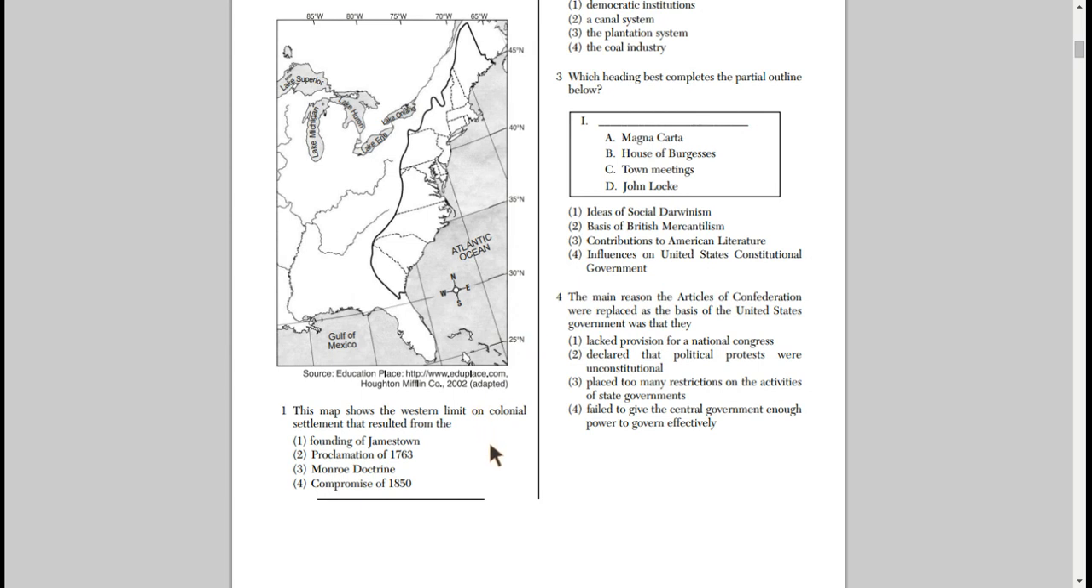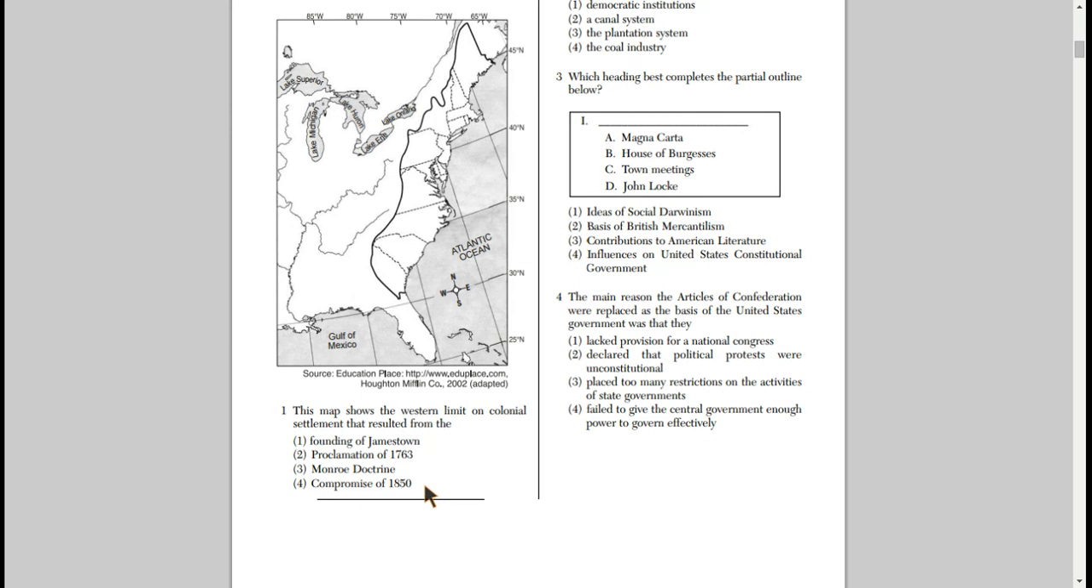Welcome back. All right, so hopefully you got rid of 1 and 3 and chose 2 as your answer. Now let's look at this. Founding of Jamestown, that was way earlier than 1763, and that is also not going to limit colonial settlement. The Monroe Doctrine deals with our relationship with South America and the European colonies within South America. And then the Compromise of 1850 is going to deal with the Western territories that we gain as a result